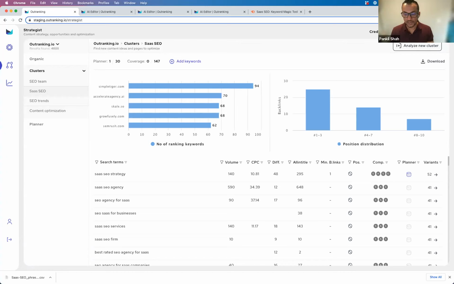Would you ever use the same term on more than one page? Would that cause cannibalization, or would you use that to link to higher? Well, using a word is not going to lead to cannibalization. How you use it is going to lead to cannibalization. Like how emphasized, like how in depth are you covering?